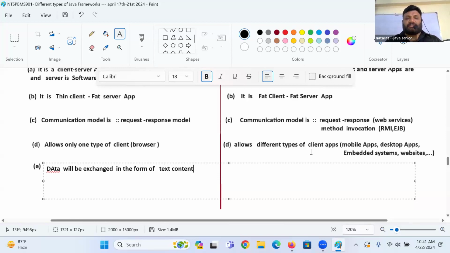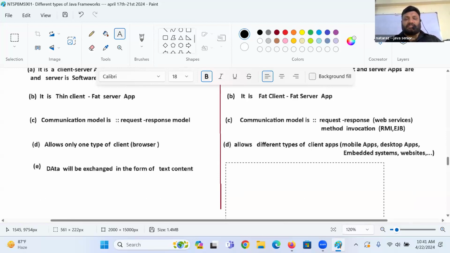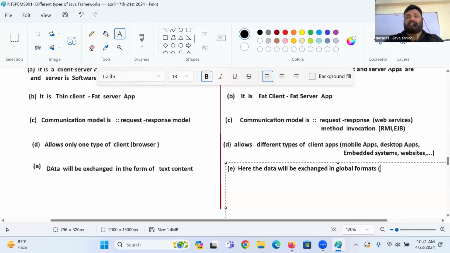What content was? Text content. Here, the data will be exchanged in global formats. What, guys? Global format. One is XML, other one is JSON.